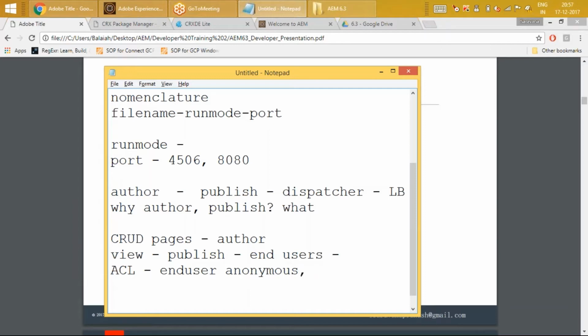And you create a group called authors. The authors will be given all the CRUD permissions, and the anonymous group, when I come in as an end user, will only be provided with the view operation. Now, will this solve the trouble? If I come as an end user, I will only be able to view the pages because I have been given permissions. I have been restricted to that.